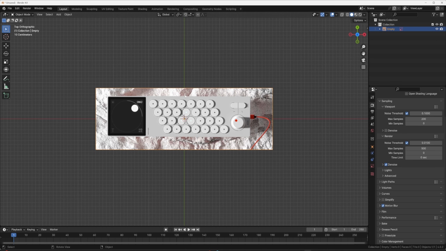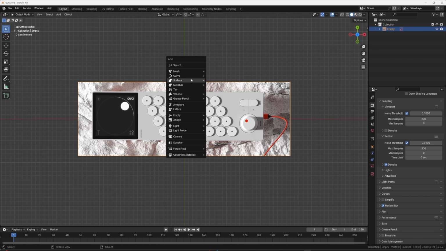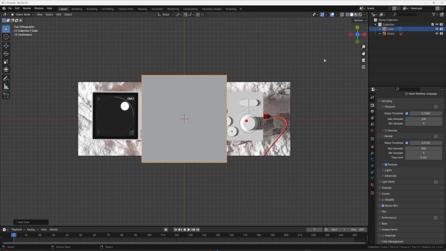Cool. Now that the reference image is in there, we're going to use a very similar workflow to the other designs that we've done so far on this channel. So the first thing I'm going to do is Shift A and add in a cube. And then before we get too far, I'm going to rename this collection to be the model. I'm going to click C while hovering in this area to make a new collection. I'm going to pull it out. I'm going to name this reference. And I'm going to move that reference image into that collection.